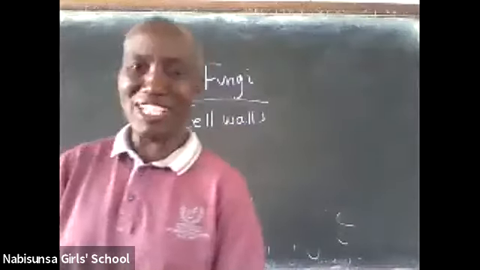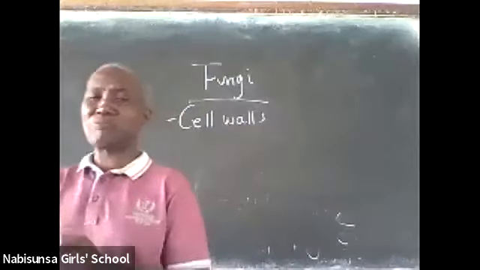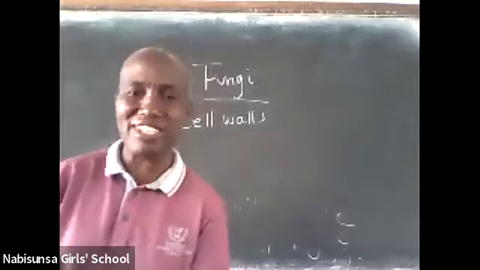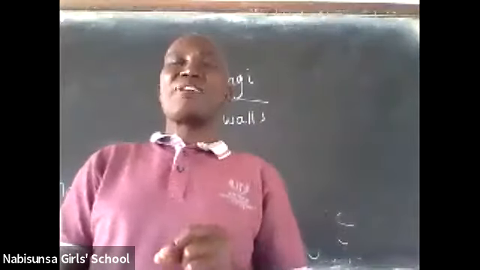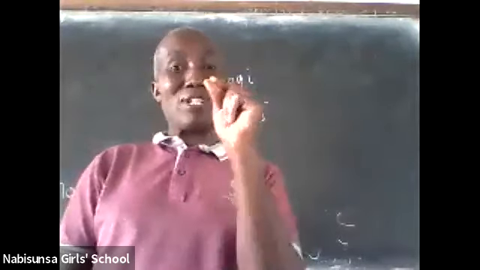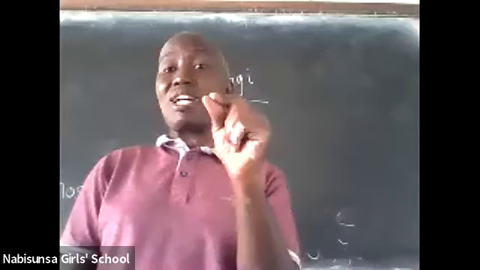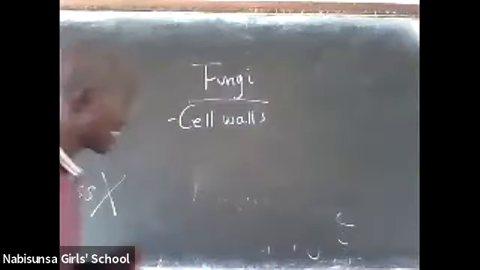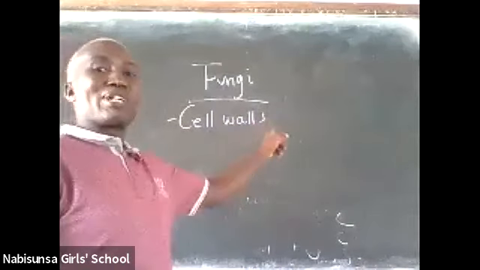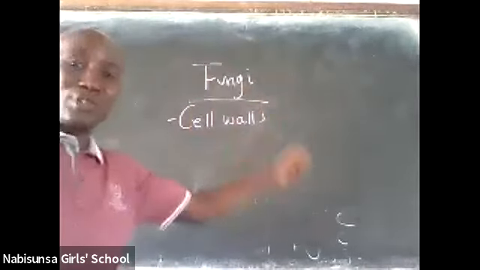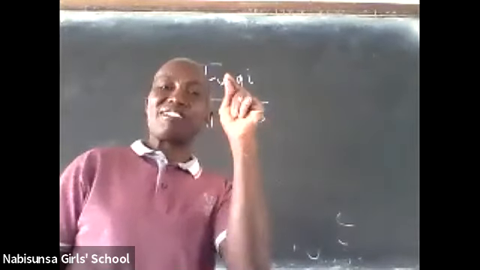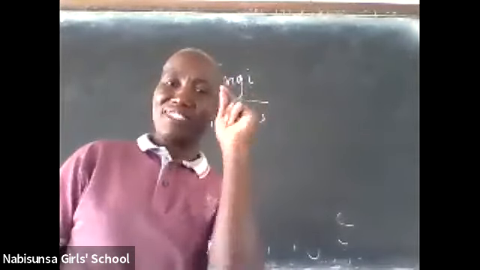Okay, someone says glycogen. No, it's not glycogen. Wonderful, Ashley says it is cellulose. Plant cells have a cell wall, and the cell wall of the plant cells is made up of a carbohydrate called cellulose. I wouldn't write it here because some people will take it that I'm saying it is making up this cell wall. So I'm not going to write cellulose here, but we are saying plant cells have a cell wall made up of cellulose.